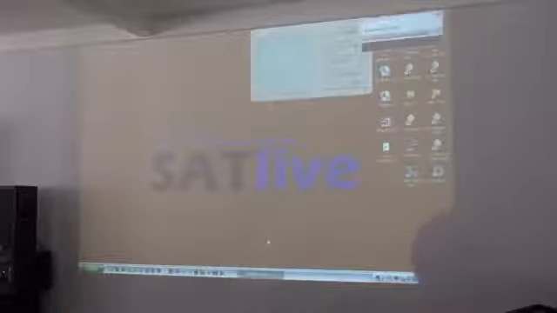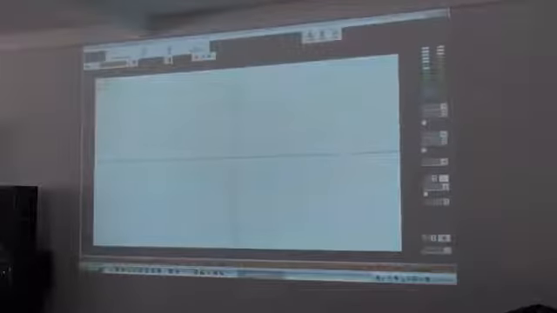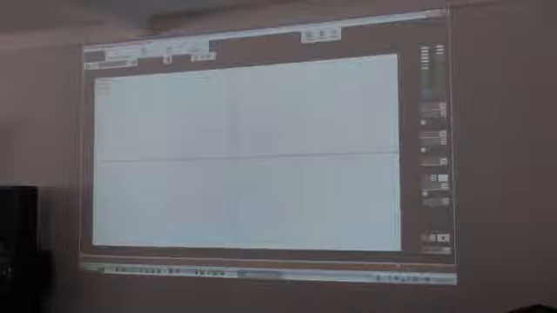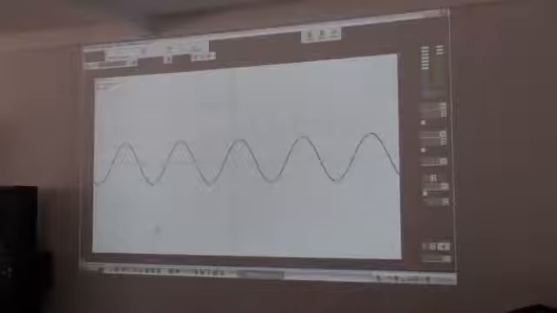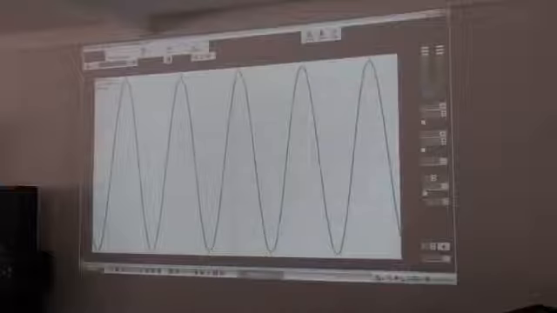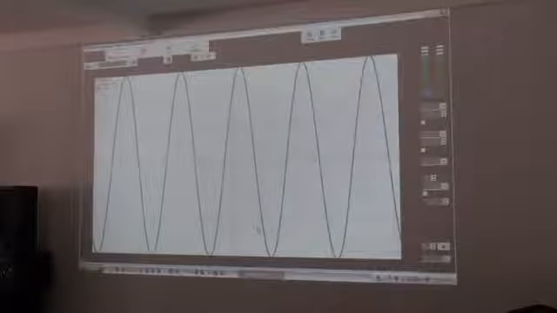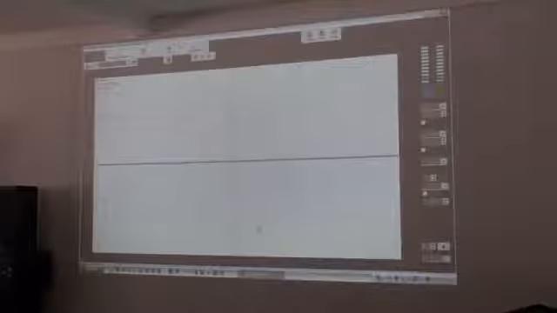I will play an oscilloscope software. The software for the oscilloscope is what I am having here. Let me maximize this window. This is the oscilloscope program. Play it here. This is the signal, and let me have more gain inside the oscilloscope. Let me reduce the volume of the 100 Hertz. Okay. Good.